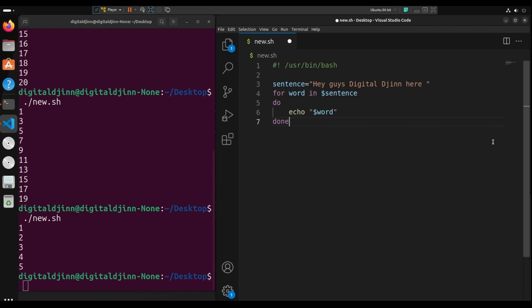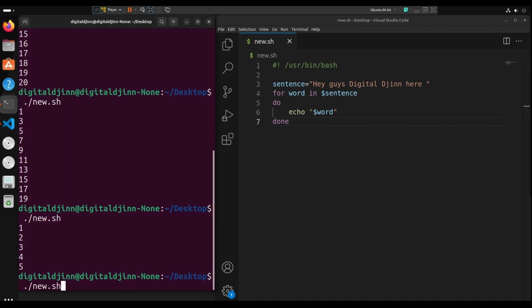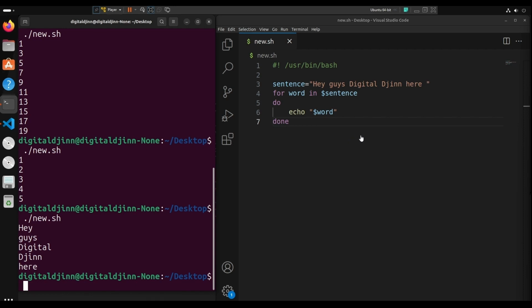So now let's save and run this. As you can see here, the variable sentence contains a string. Then it comes down to for word, which is the variable used here. The variable will first be assigned the value hey, then it'll come down and print hey, then go back up. Then the value of word will be assigned to guys, then guys will be printed, and then digital,